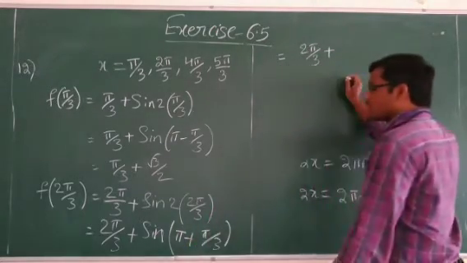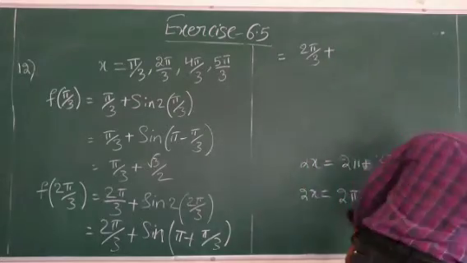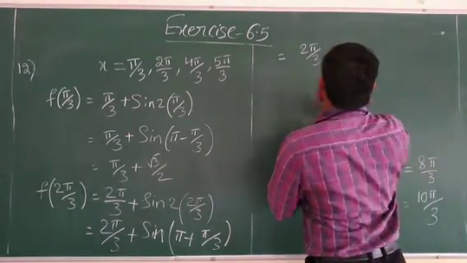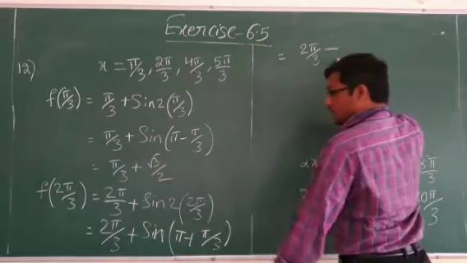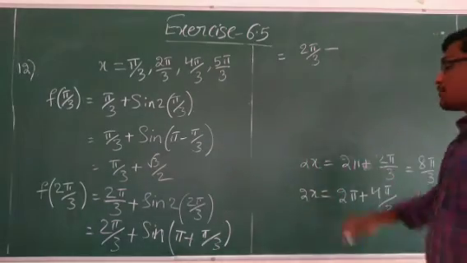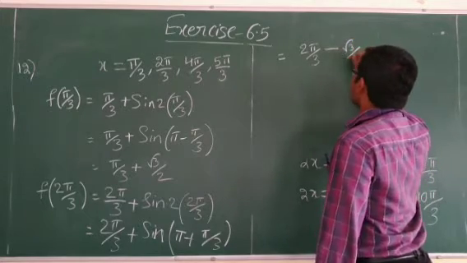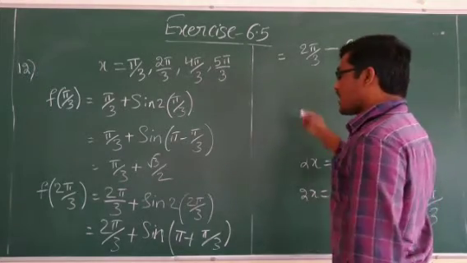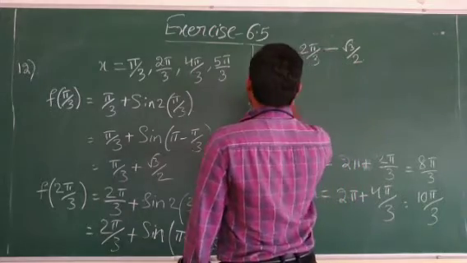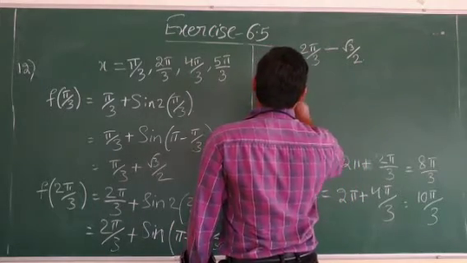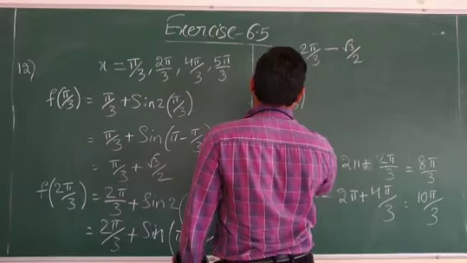Pi plus will be in the third quadrant. In the third quadrant sine is negative, so we get minus sign here, and pi plus pi by 3, so again sine pi by 3 will be equal to root 3 by 2. So we can find again the same way f of 4 pi by 3 and f of 5 pi by 3,